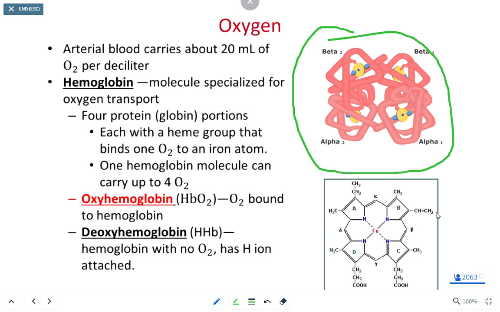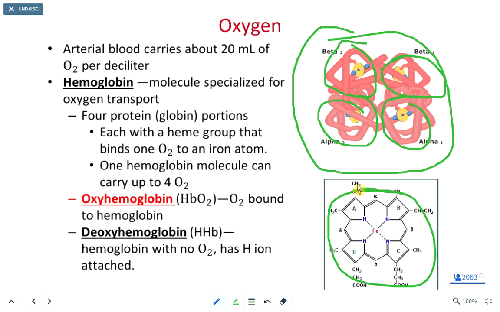Now within hemoglobin, we have the 4 globular subunits, and then in yellow, we have 4 heme molecules in the center. And in the center of those 4 hemes, we'll have 1 iron atom in the center of each. And that iron atom is what binds to the oxygen gas. It's also what binds to the carbon monoxide as well